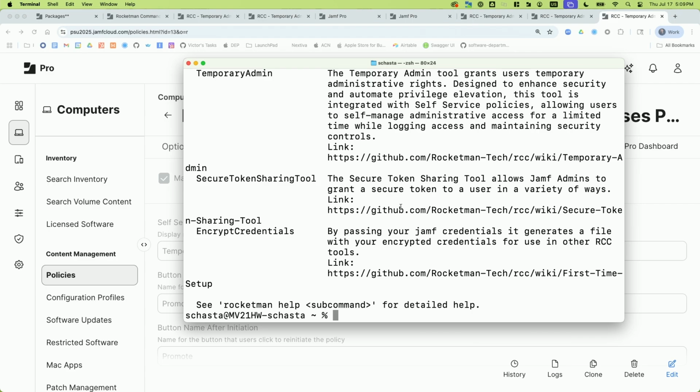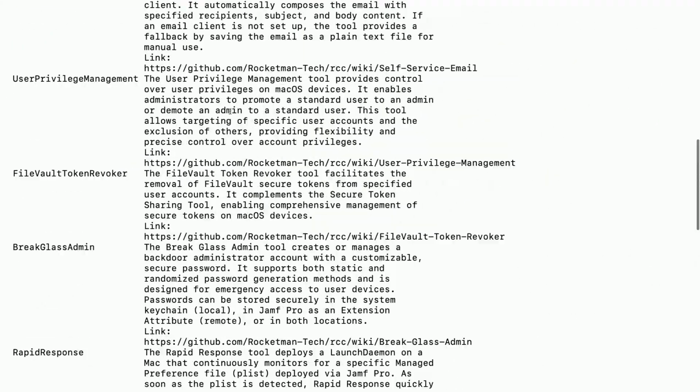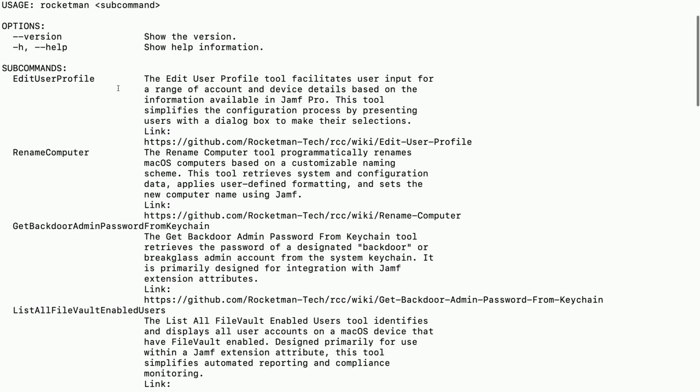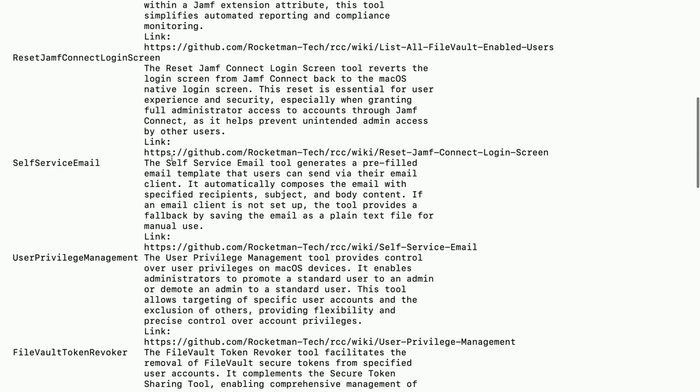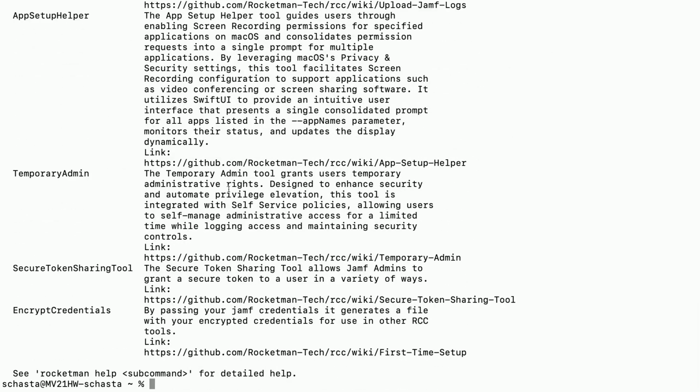And this is our later version that we were working on, so you're going to see a little bit different than you'd see in the current version. But you'll see all the tools here, the different things that the tools do, linked to the specific GitHub page to get more information. If you want to look at a specific tool like temporary admin, you do sudo rocketman temporary